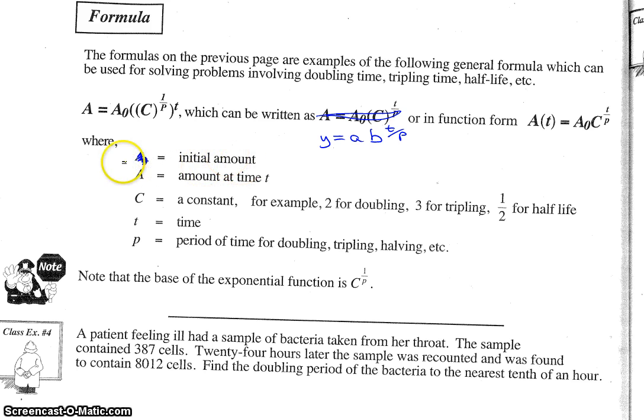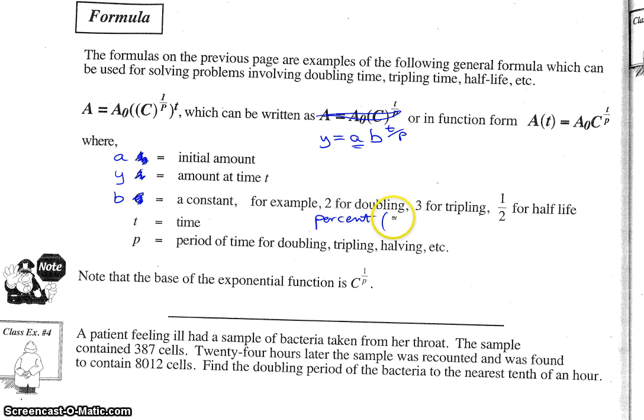Our initial amount is going to be lowercase a. That's our initial amount. A, the final amount, is now Y. T is T, so that stays the same. And our base is going to be B from our equation. Our base will change depending on our question. It'll be 2 if we're doubling, 3 if we're tripling, 1/2 for half-life. Or if it's percent, it could be,